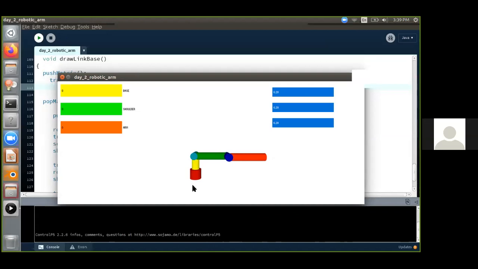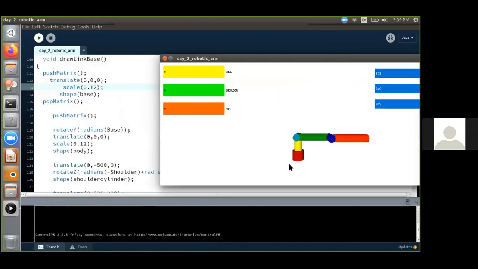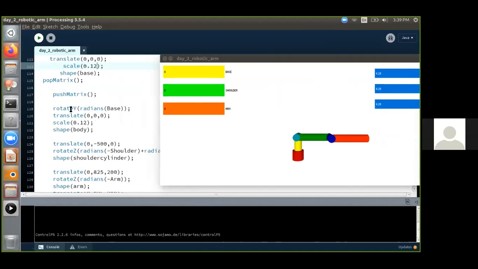Or you can make the entire model and scale it down to a proper thing. So once the base shape is called, then rotate y, radians, base.